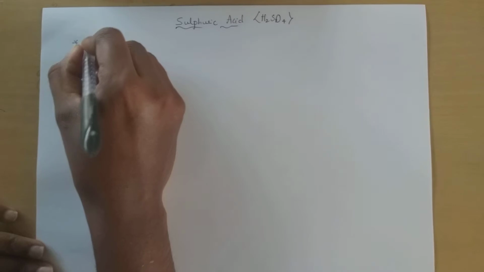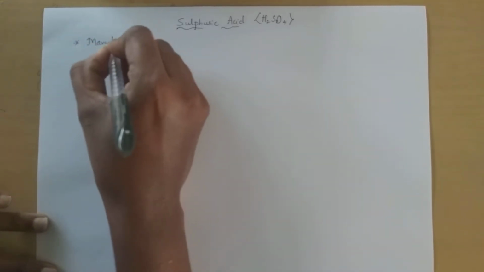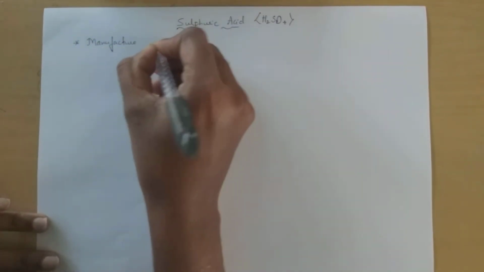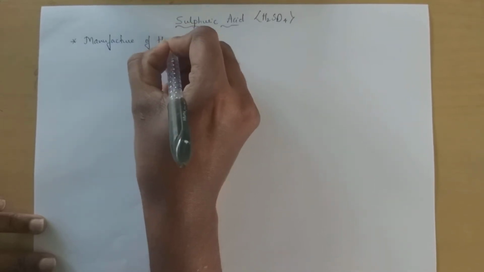Students, coming to the next compound under sulfur, that is sulfuric acid. In the last video we learned about sulfur, sulfur dioxide and oxoacids of sulfur. Now, sulfuric acid. Firstly we have a very important manufacturing process, that is manufacture of sulfuric acid by the contact process. In the preparation we have a well known method, that is manufacture of H2SO4